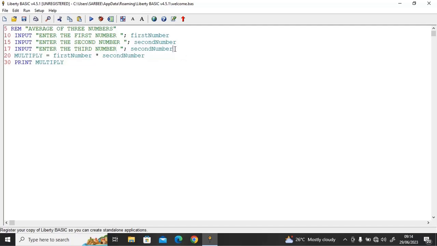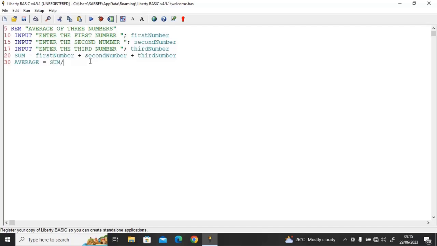So what I'm going to do here is that this one's going to be the third number. So third number, small letters. What I'm going to do now is that I'll just say sum. I can add sum here. Let me change this to sum. Sum equals first number plus second number plus third number. So now what am I going to do? The average now, I can just say average equals